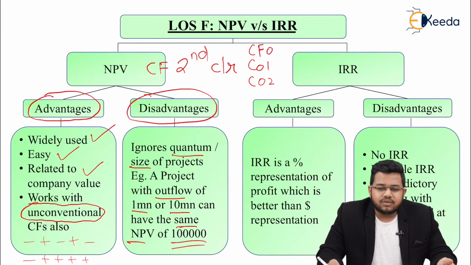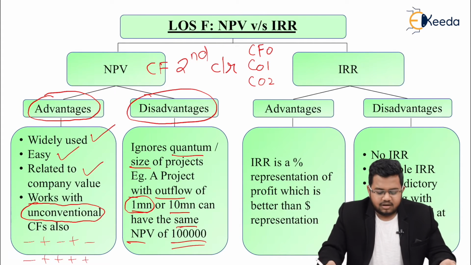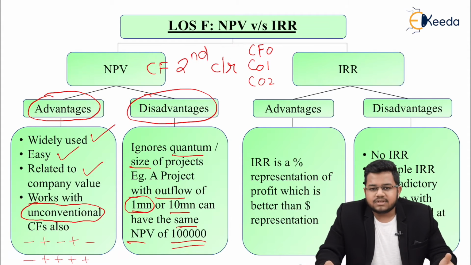So, normally we had studied if these two projects are independent, I can select both of them. If these are mutually exclusive, then I have to select that project which has the highest positive NPV. Now, in this case, NPV is the same. Does it mean that I have to undertake both the projects? Normally, what I would do, the project with the least amount of outflow, which is this one, 1 million, having a net present value of 1 lakh, I would select that one. But anyway, that is one disadvantage I can say. So it is not considering the size of the project. So blindly just taking into consideration the positive value of NPV would not suffice here.